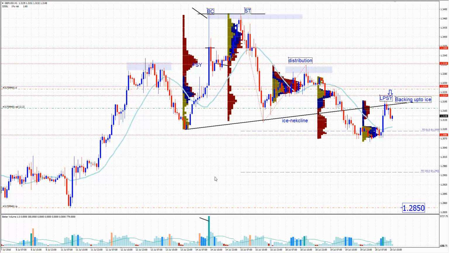I want to post the update on the GBPUSD and the USD Canadian dollar. I established today the intraday setup. About the GBPUSD, if you remember, I posted yesterday that I sold at the 1.3175 area. I sold the GBPUSD